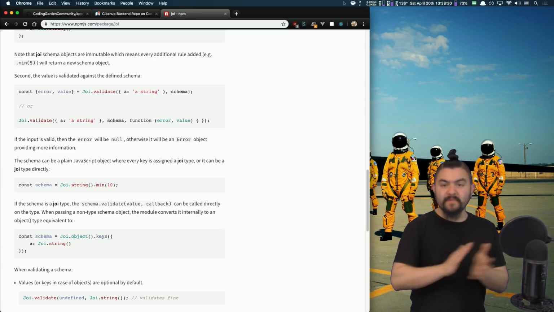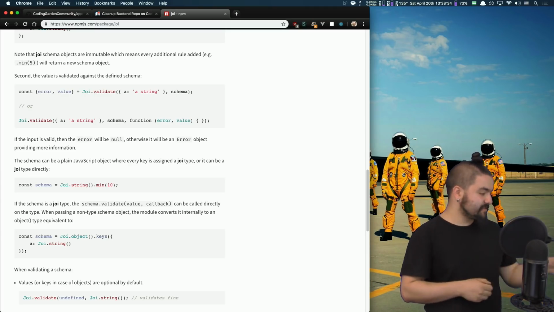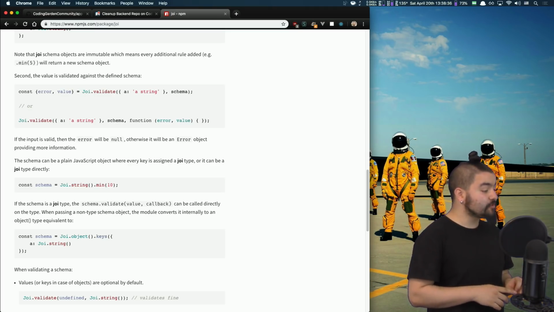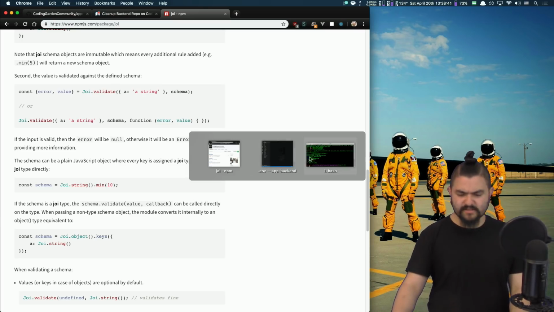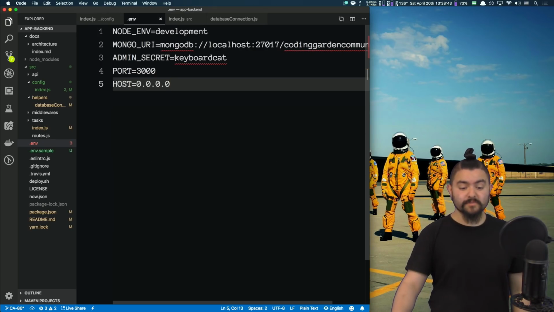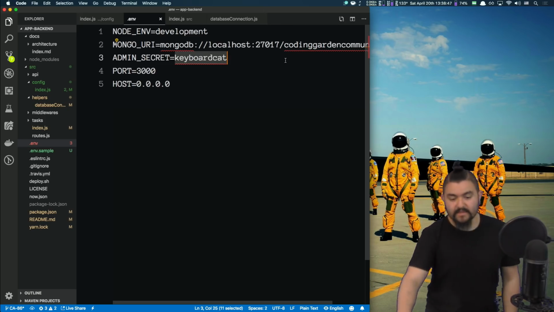Cool. Okay, I'm gonna get back to coding. There is a question about the code that I'm writing, for the admin secret. This question comes from Robert: if this were a real world app, would you use a generator or a specific phrase? I would use something really long and unguessable, because the way this works is